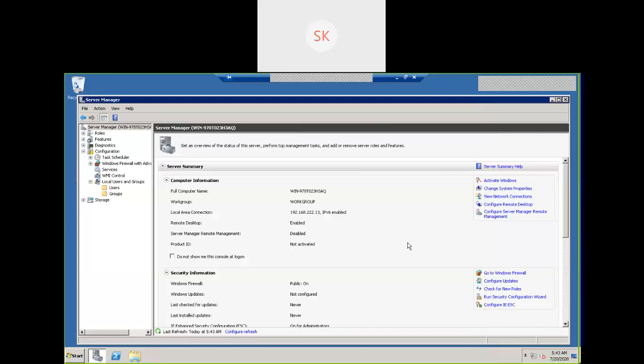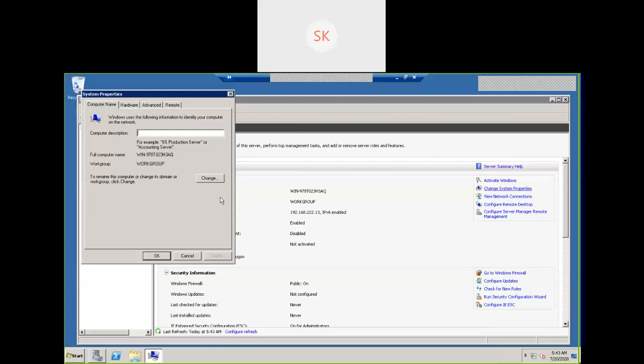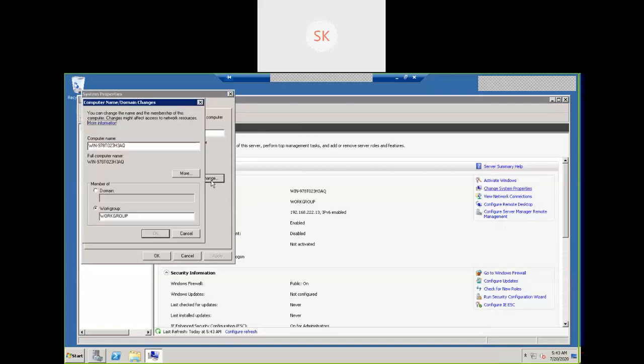Click on change system properties, change. I'm going to leave the system name as it is, it doesn't matter. Click on domain, lab.com, provide admin credentials.